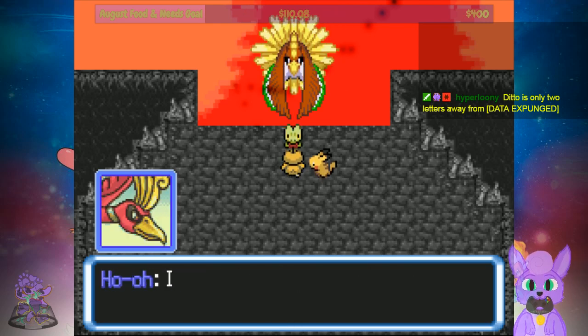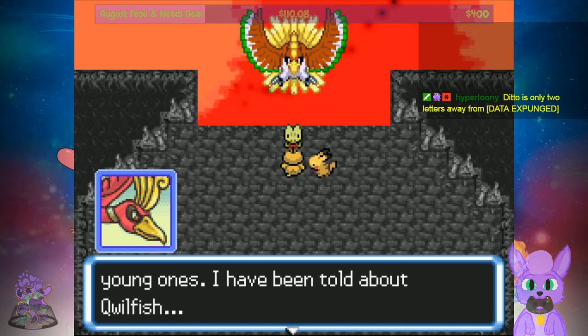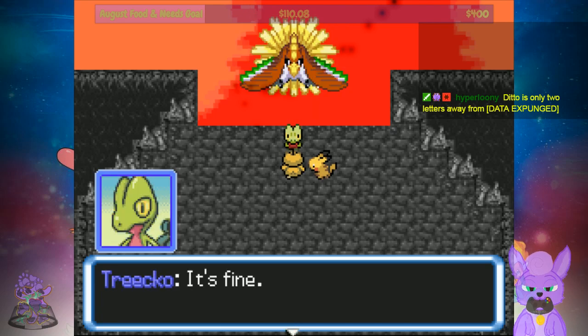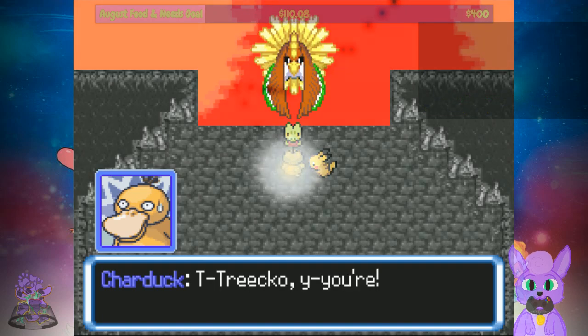I don't have a choice. I understand your sadness, young ones. I have been told about Quillfish. The pain of losing someone dear to... It's fine. Oh, there's an interruption. Huh? Trico. Trico, you're...